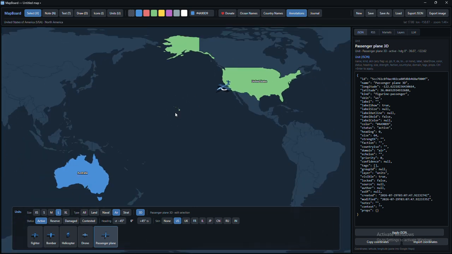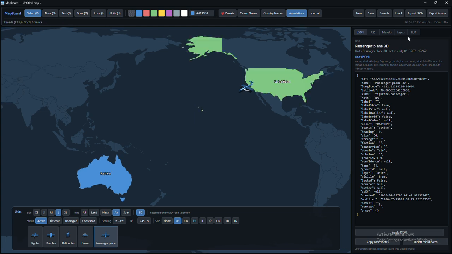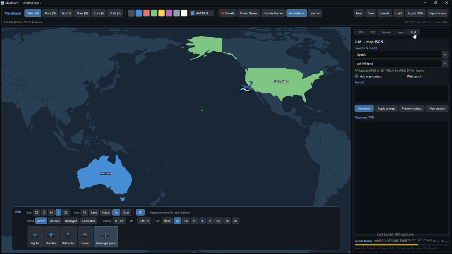Now, if I want to display the President of the United States flight logs and flight radar, I will go into the right side panel, LLM. I'll select the OpenAI model that I'm using. You can select any of the AI models by adjusting these particular systems in the My Documents directory. So OpenAI GPT 5.6 Terra is the model I'm using, and I'm going to go ahead and use web search